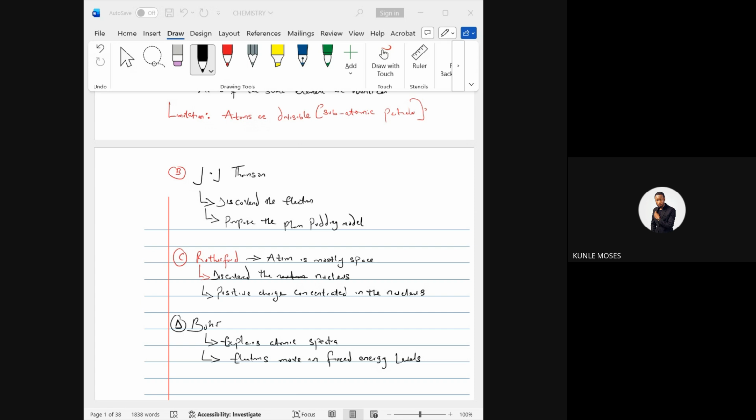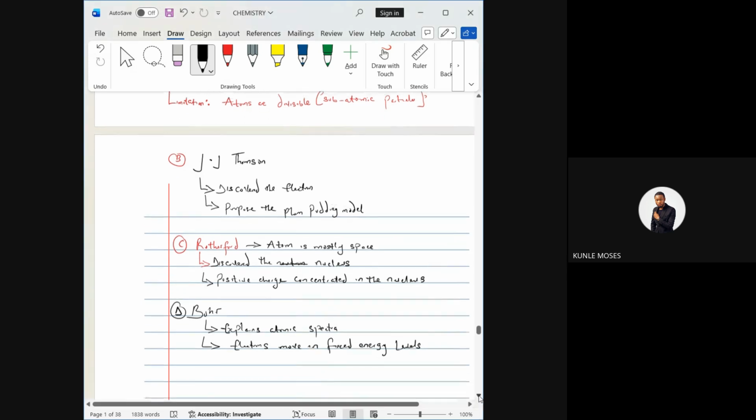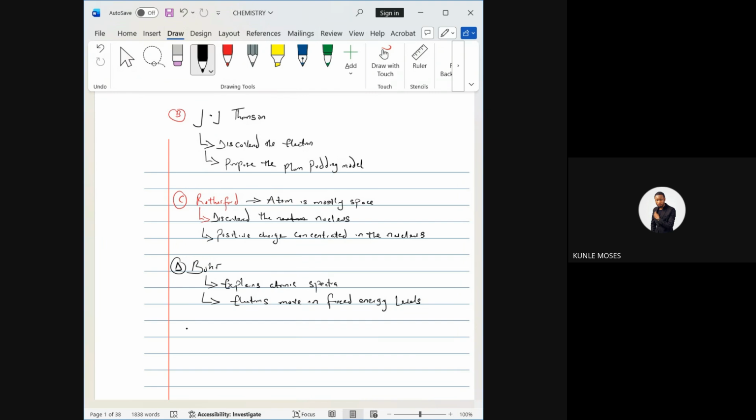We also have a scientist called Millikan. He was the one that determined the charge of an electron. In case someone asks, though this one comes up maybe once in 5 years, nobody can tell. Millikan determined the charge of an electron. Yes, they always ask, but it's just once in a while. So it's possible you've seen it before.